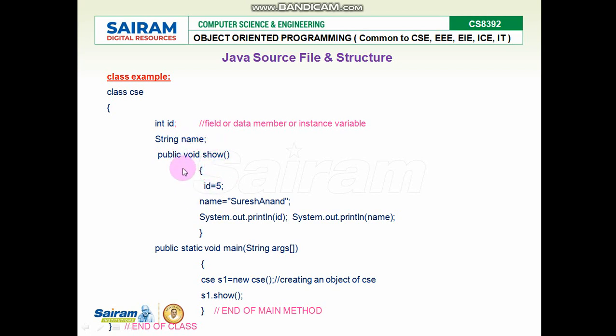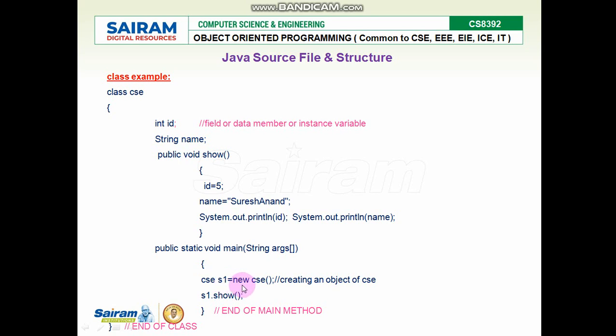Here we also have one more method called the main method. In the previous slide, I told that it should have at least one main method in a class. Here is public static void main; we will discuss public static void main in later slides. Have this main method. CSE s1 is the object for the CSE class.